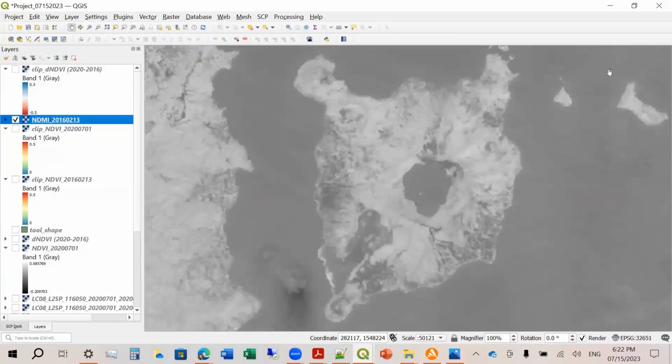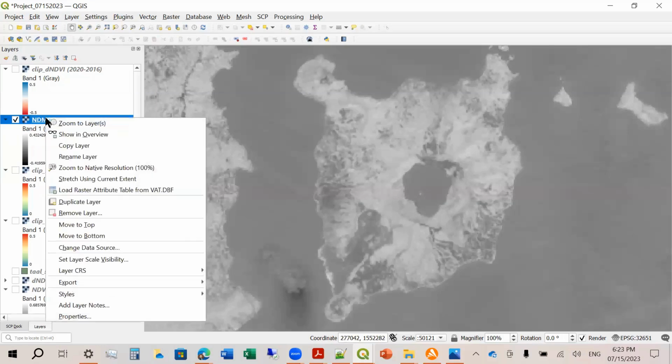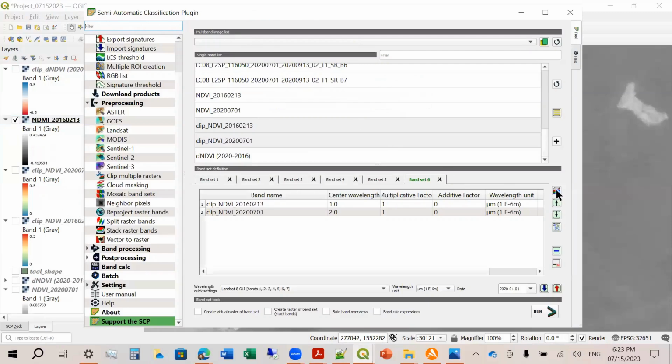Okay, so this is now, I'm actually new to the moisture index. So again, let's clip. But before that, let's add to the band set.